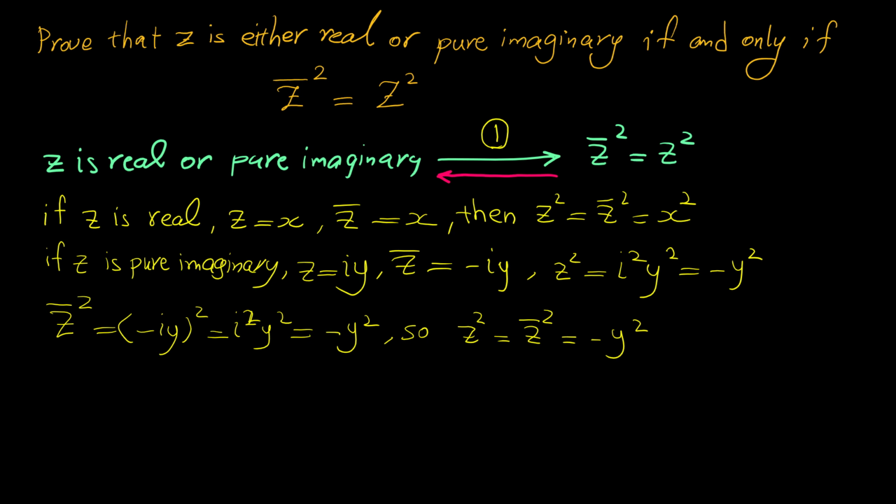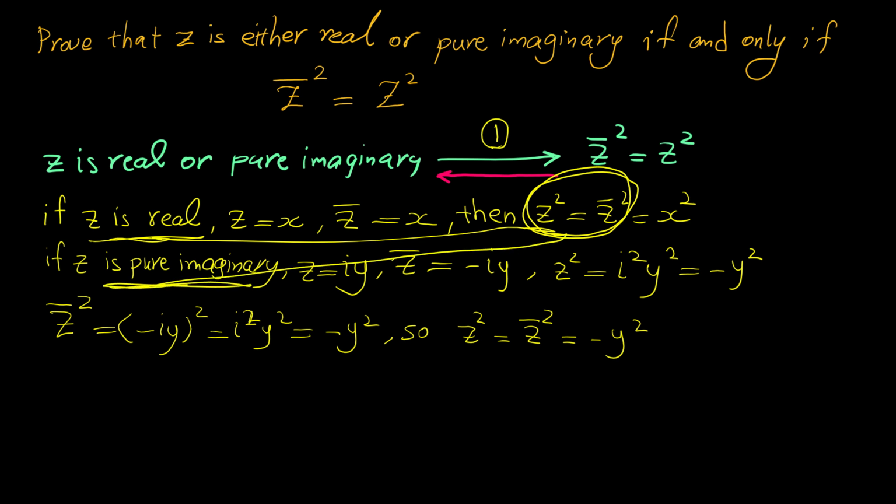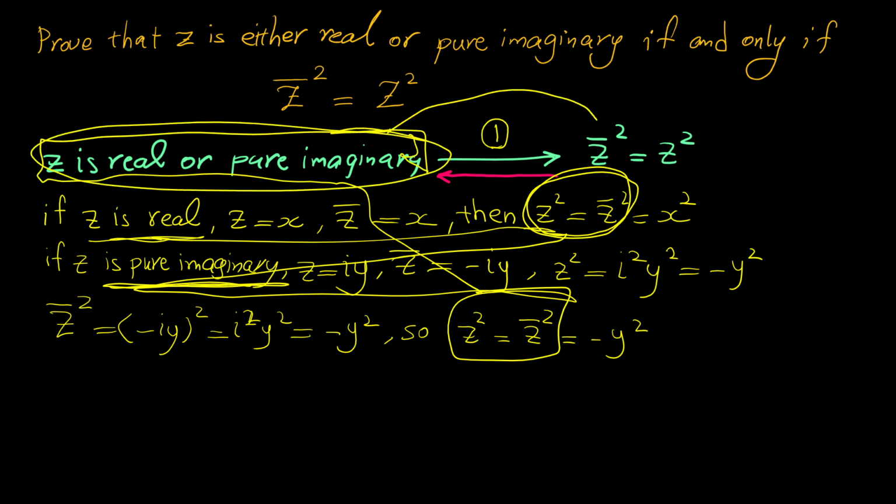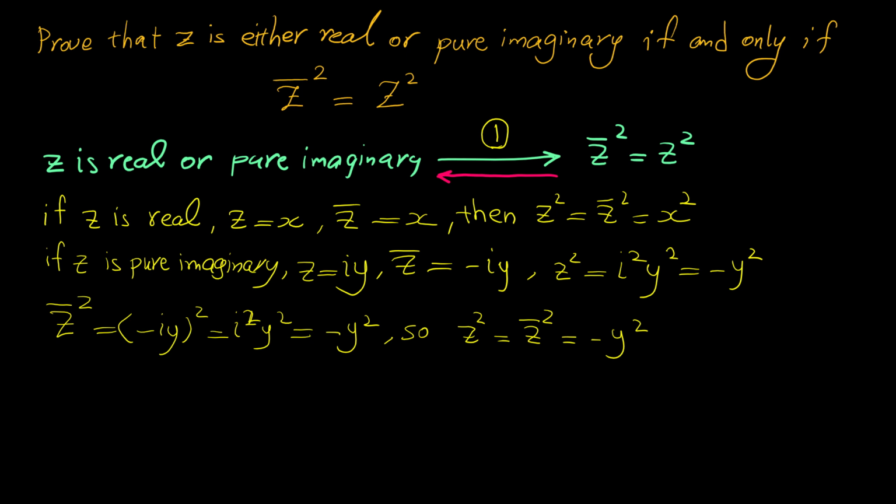So we proved that if Z is real, Z to the 2 and Z conjugate to the 2 are equal. And if Z is pure imaginary, this also happens. So we completed the proof of this side of the statement. If we suppose this, then this happens. We proved 1. Now we have to prove the other side of the statement, which I want to name